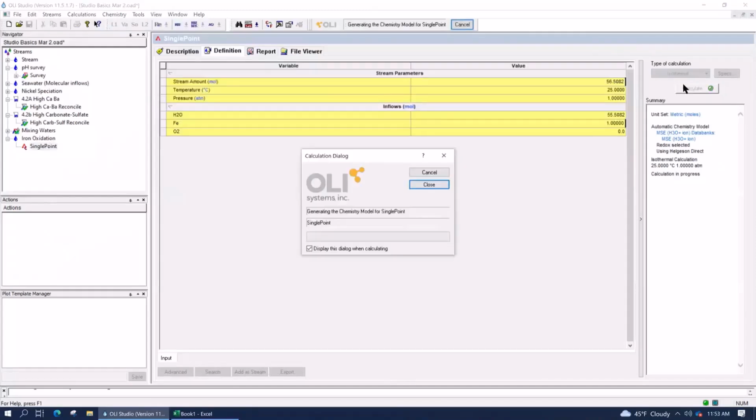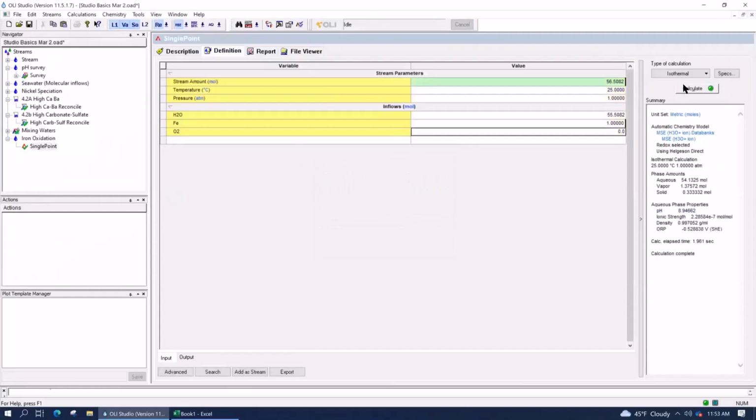And what's going to happen is iron, again, has 2 electrons to donate. The only thing now present that will accept the electrons is the hydrogen ion, right? There's no oxygen present, and the oxygen in the water is already at its reduced state. So the only thing that will take electrons from the iron is going to be the hydrogen ion, which means that we're going to produce hydrogen gas. So once we've done that, press the calculate button. And what you're going to see, if you look on the right-hand side, is you created essentially 3 phases. pH is about 9. Okay. And what we're going to see is that we split water.